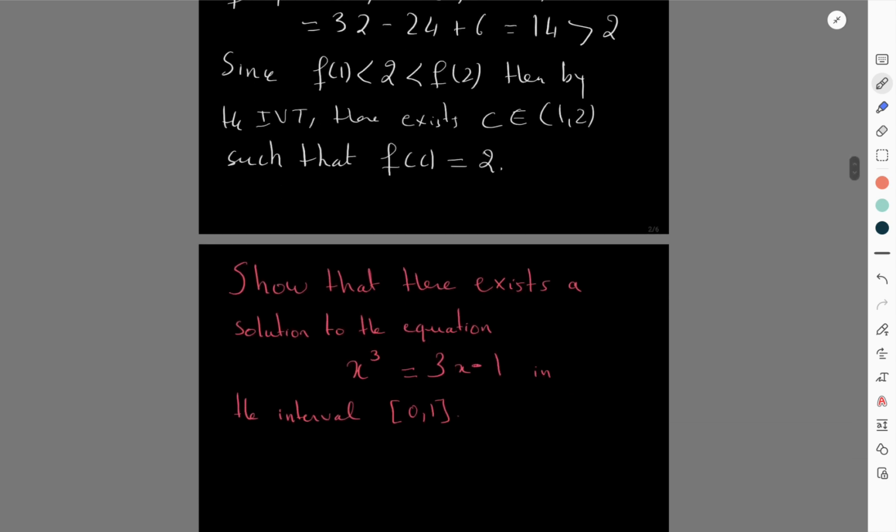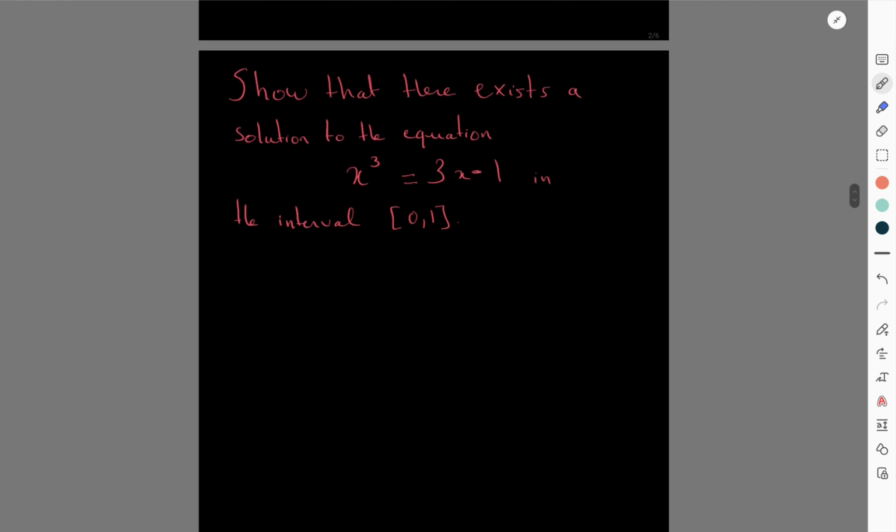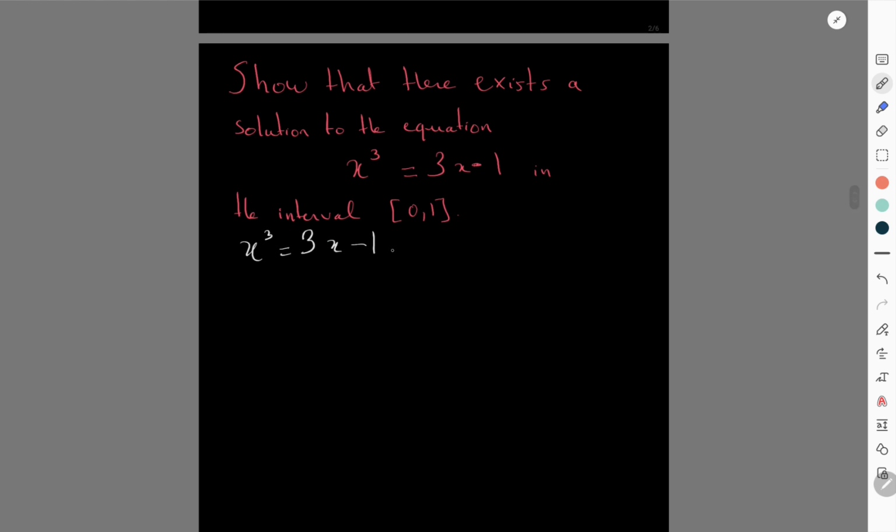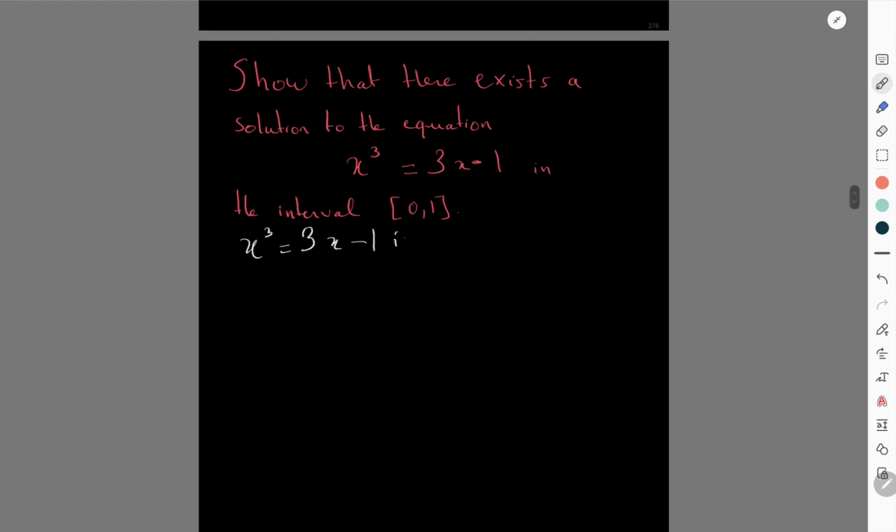Okay, let's move on to a slightly more complicated question. So show that there exists a solution to the equation x cubed is equal to 3x minus 1 in the interval (0, 1). This is also almost a similar type of question, but here, what do I need to do before I approach this? I just have to note that a solution to x cubed is equal to 3x minus 1 is a root,